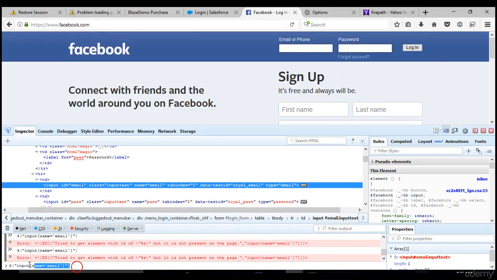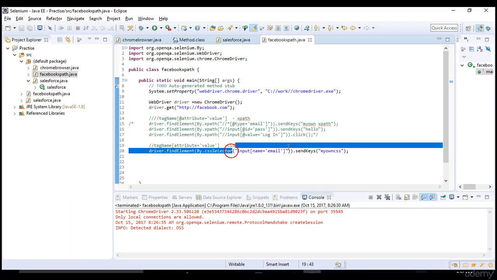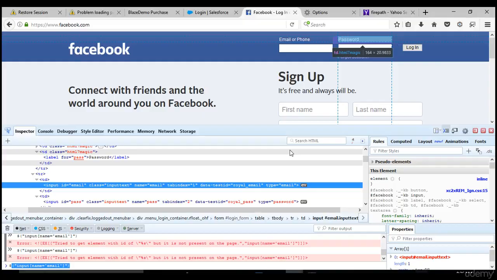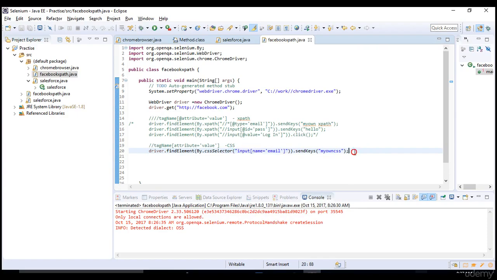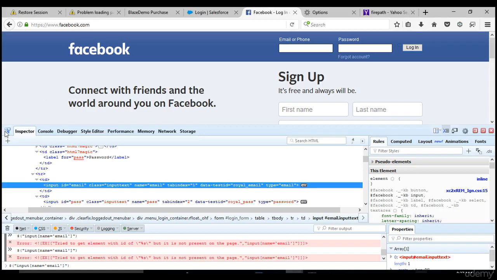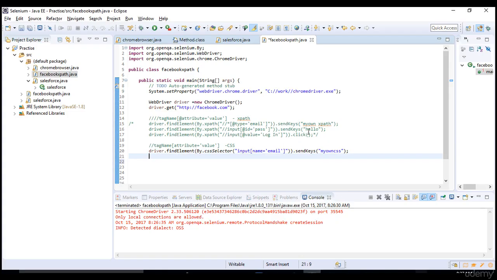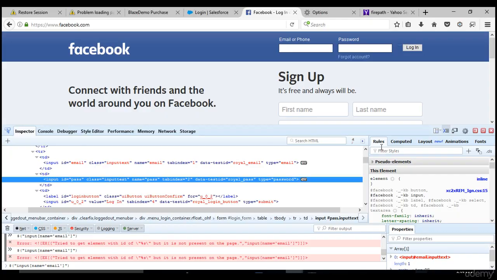Somehow it's not trying to recognize the CSS whatever we provided. But that's fine. The syntax we have written is correct, and we are able to automate and type it in CSS, right? So let's continue and do the same for password. That is why I'm saying don't rely on browsers always to get XPath or CSS. You should have your own customized XPath.